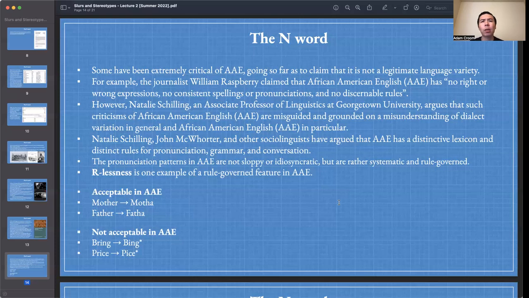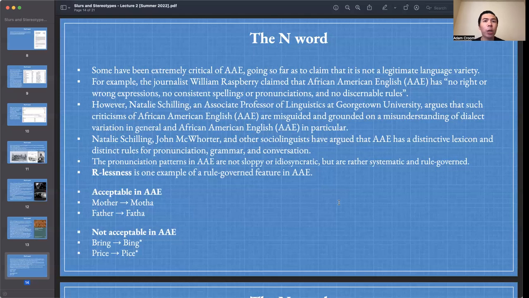And real quick, if you're wondering what the distinction is between a dialect and a language, English is one language, okay? We can have different dialects of English, like African American English, Standard American English, okay? These are different dialects of English, right? And why these are different dialects of the same language is because if I speak AAE and you speak SAE, we can still understand each other, okay? We can still communicate, although our rules will be slightly different, okay?